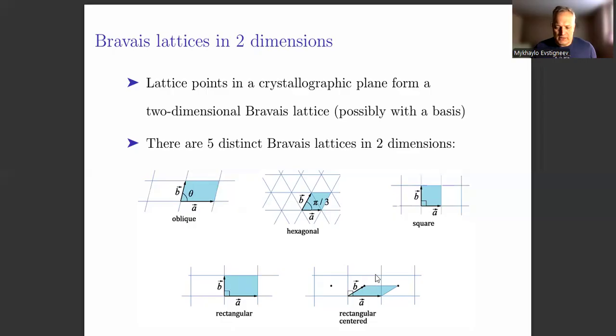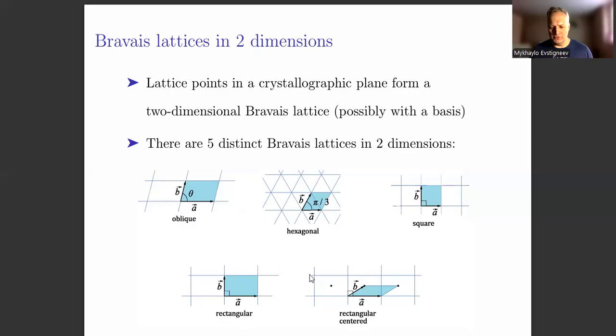Now, it may immediately seem that there is no fundamental difference between the rectangular centered lattice and the oblique lattice, right? Because there is no special relation between the translation vectors A and B, they are not equal, and the angle between the vectors A and B is arbitrary. But the reason why the rectangular centered lattice is a special type of lattice, different from oblique lattices, is because it has